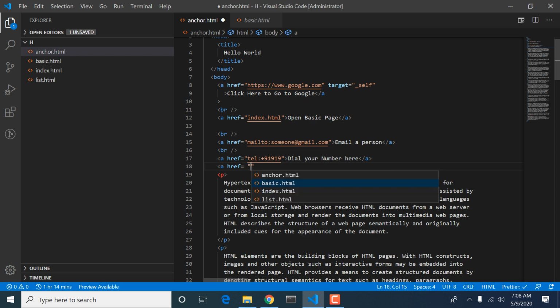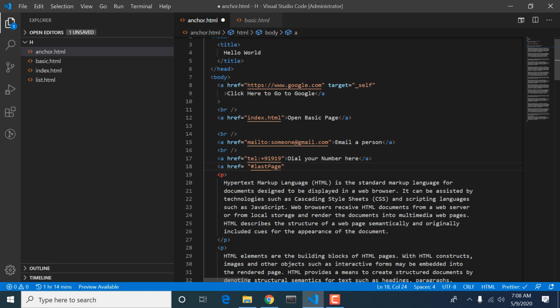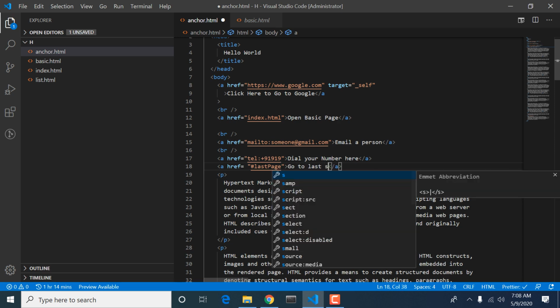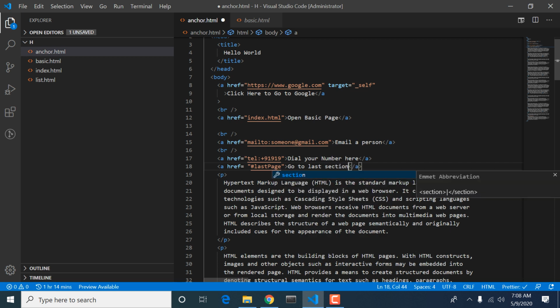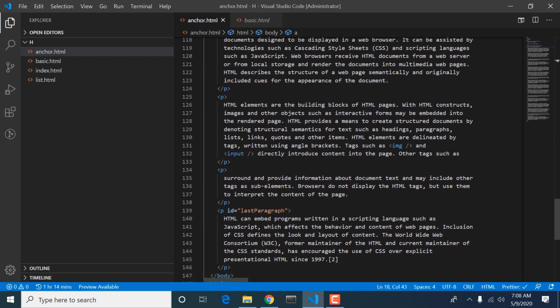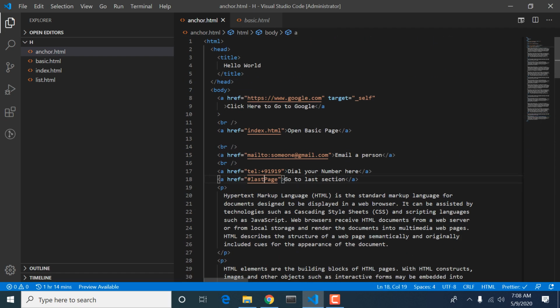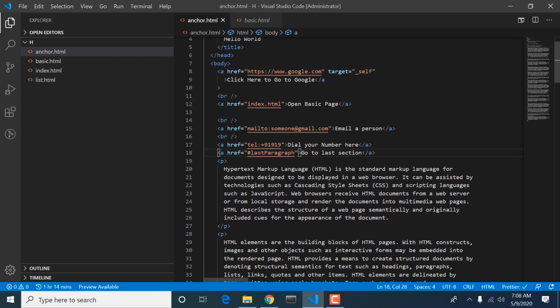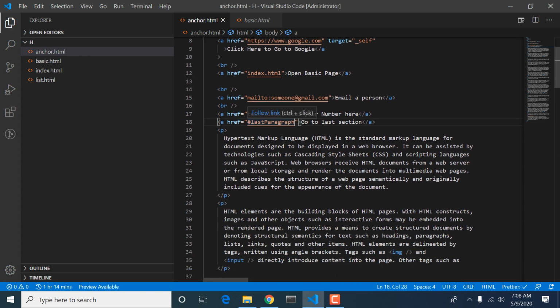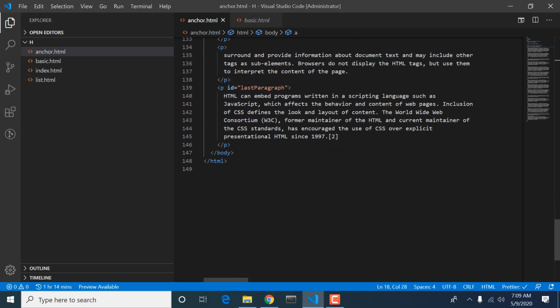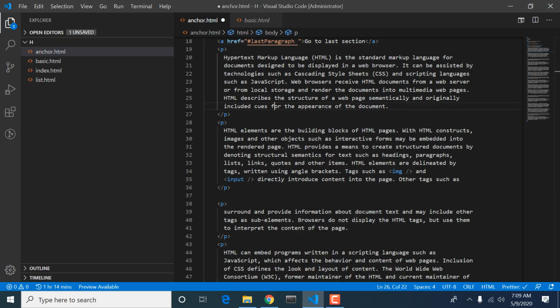The elements with an id we are going to access by hash. Your last page anchor tag, go to last section. Let me check once. Last paragraph. Okay, so we are going for the last. So when we click this reference, it will automatically take us to this last passage. Okay, so let's see this in action.